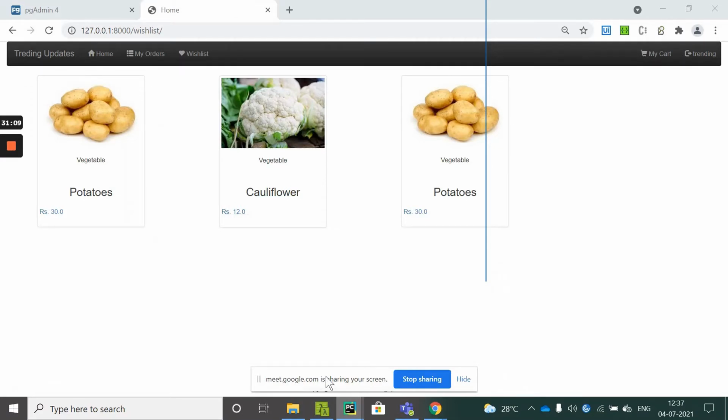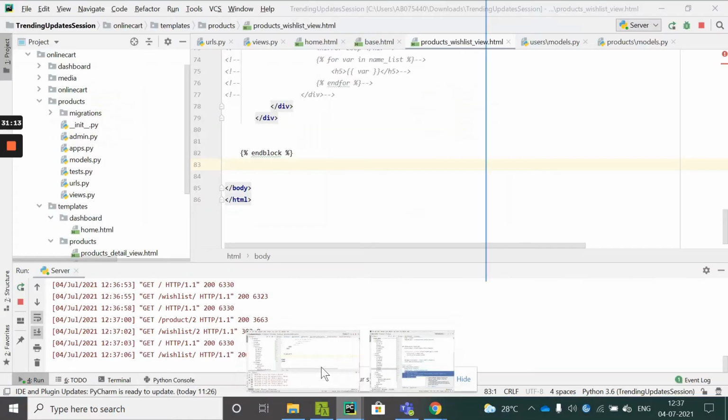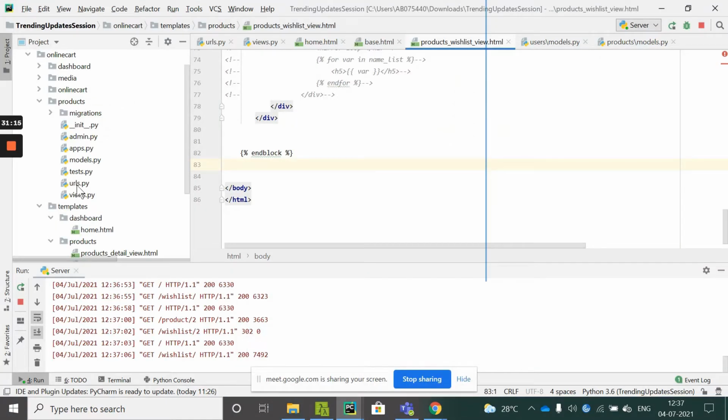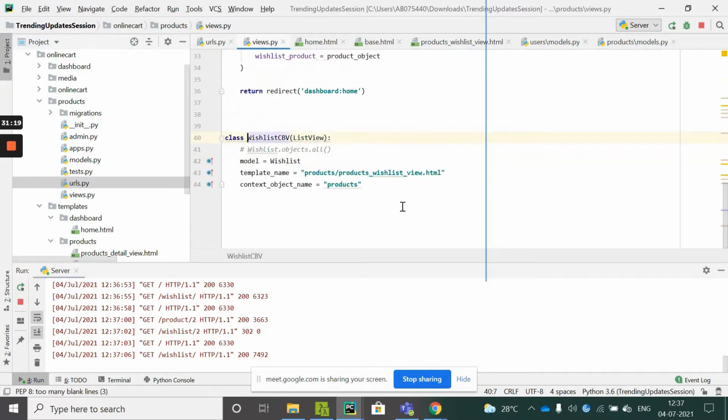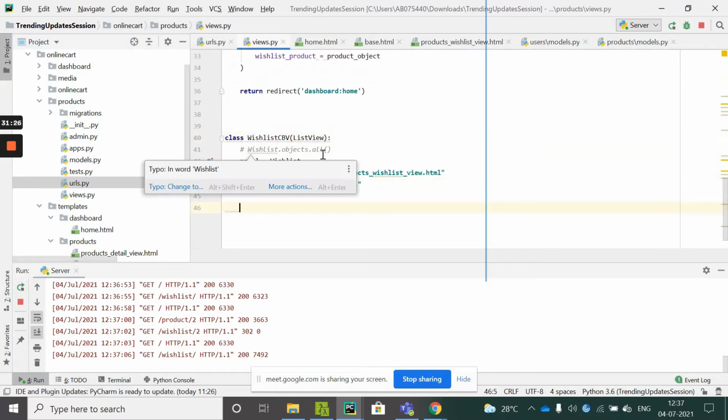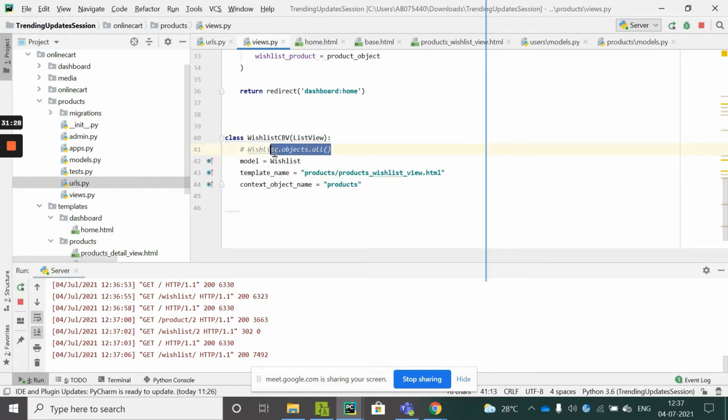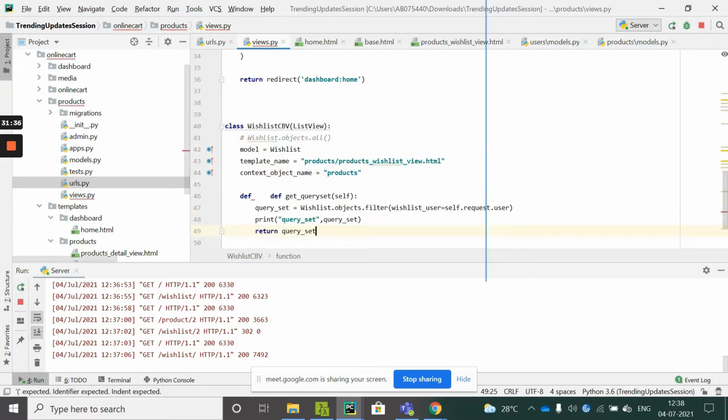So how to fix this? Coming over here in the code, let me go to the URLs and this class wishlist. Wishlist objects.all is the ORM query that gets executed when you provide a list view. But you have a function def get_queryset wherein you can alter the query set.